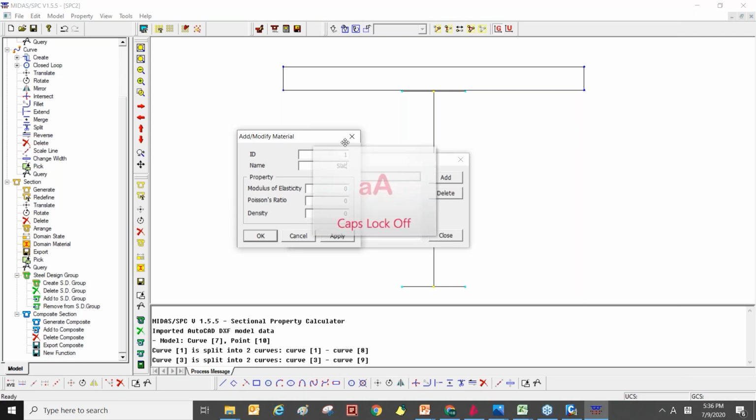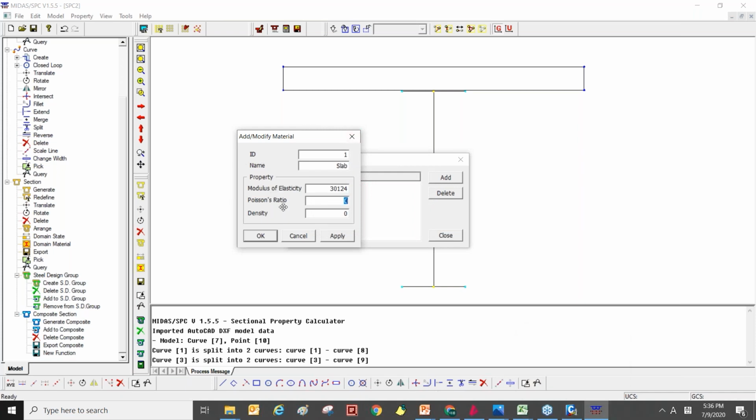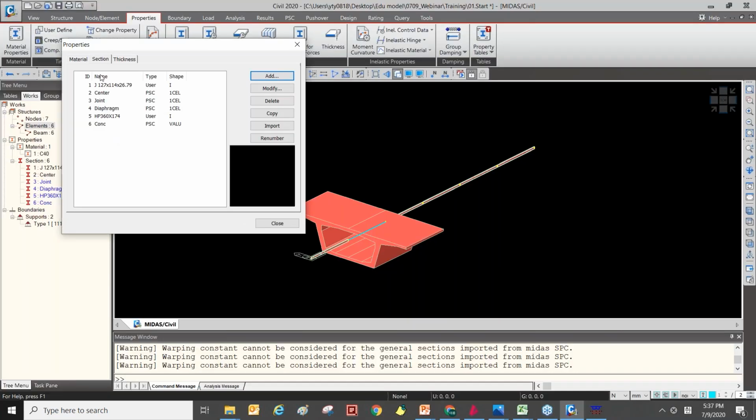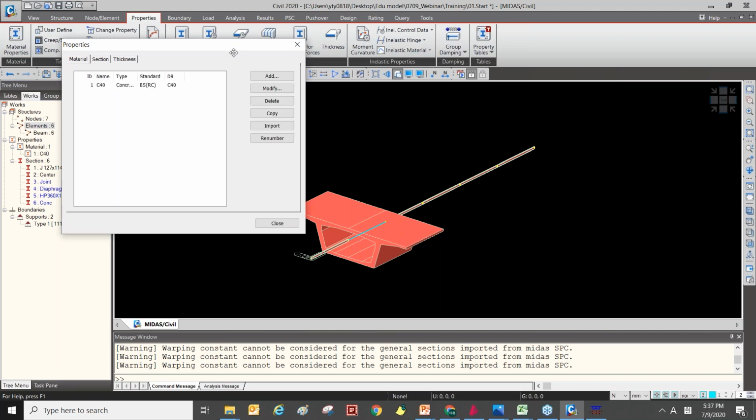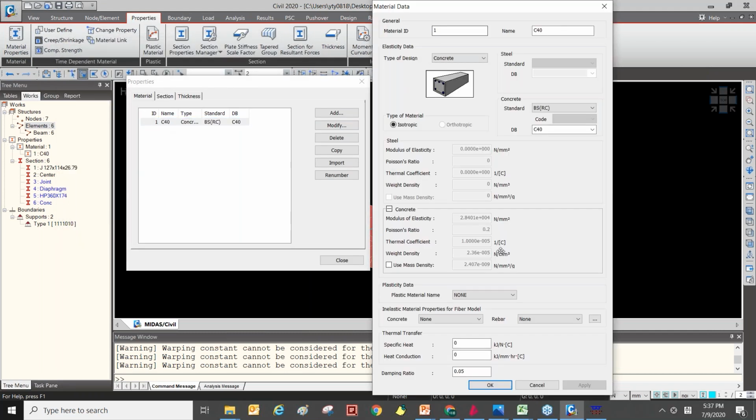So I will input that. The first one is slab, and also this value is not provided automatically in SPC, but you can refer to this value in MIDAS Civil like this. So you can get some default values for the elasticity modulus, Poisson ratio, and weight density.